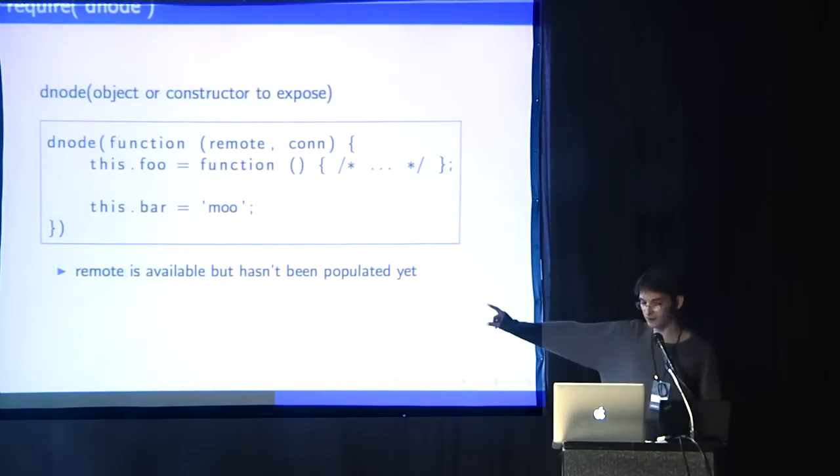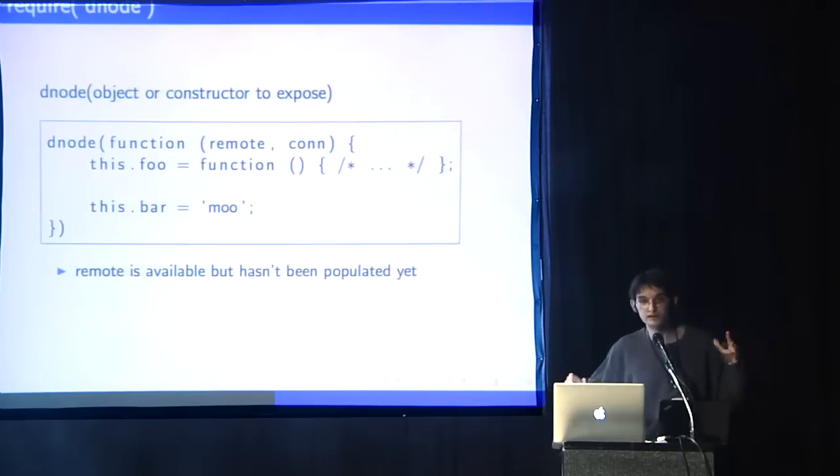Right, one thing that's a little bit tricky, I think, for newcomers is remote isn't always populated. Because each side sort of needs to call the other's constructor to figure out what methods it has. And so something's got to give there. You can't know about it before you get it from the other side. You get deadlocked. So you can use the connection object on ready to get that event. Or if you call connect,